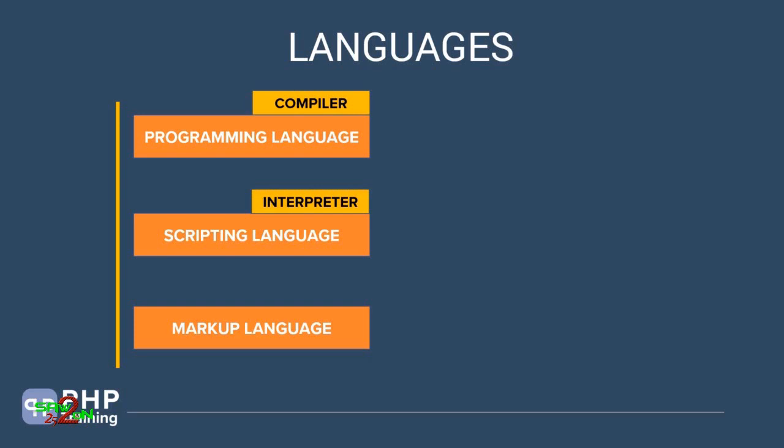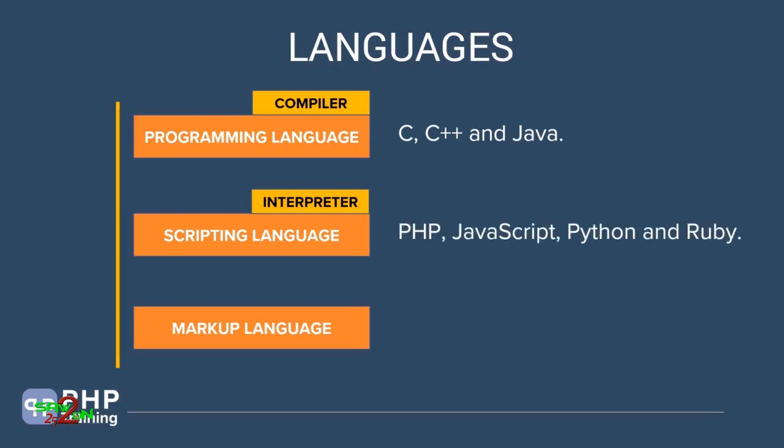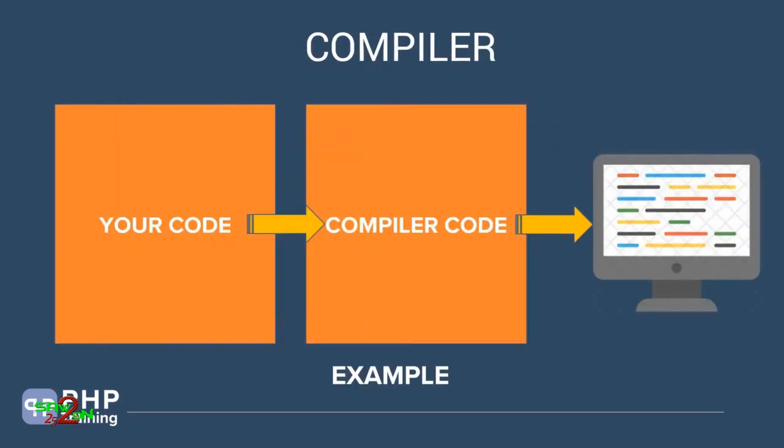So we have looked at different languages: programming language, scripting language, and markup language. And we have also discussed that programming languages use a compiler, like C, C++, and Java. And scripting languages use an interpreter, like PHP, JavaScript, Python, and Ruby. So what is the real difference between a compiler and an interpreter? Let's understand this. Well, in the compiler based languages, you write your code, then you compile your code. And once you compile the code, you get another machine level code which you basically execute. Okay, so there are these two parts that you have to do. Whenever you write a code, you have to compile it and you have to run the compiled code.